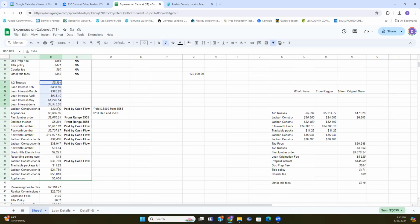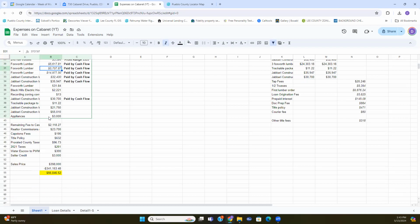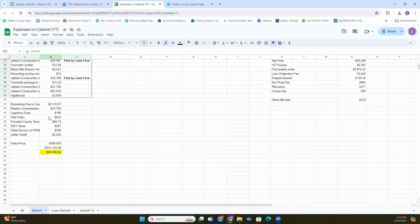Trusses, interest, appliances, all the miscellaneous expenses. We'll get into that in more detail in a separate video, really going into construction. This is more just illustrative, big picture wise. But all that to say, the total cost after everything, realtor commissions on the back end, every closing fee, etc., 341,153.48, taking that off the 398, leaves